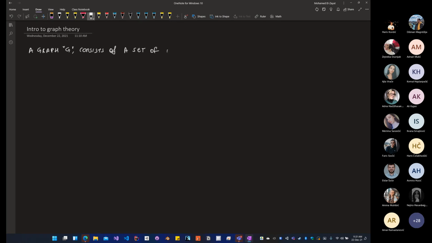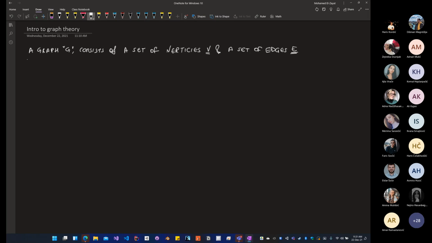Vertex is the singular, vertices is the plural. So a set of vertices V and a set of edges, which we usually refer to as E,